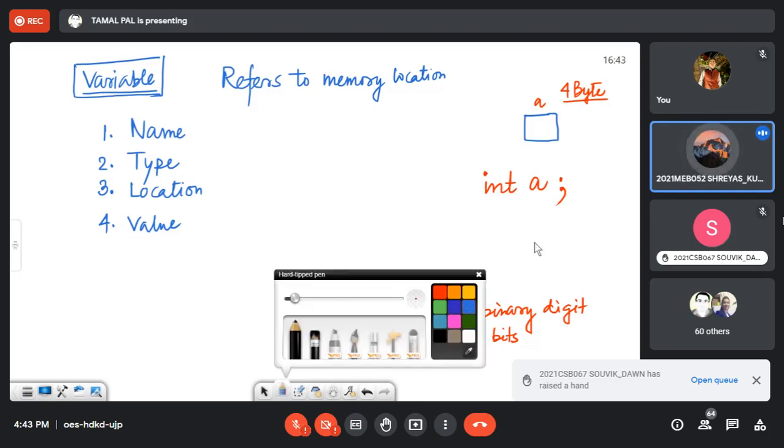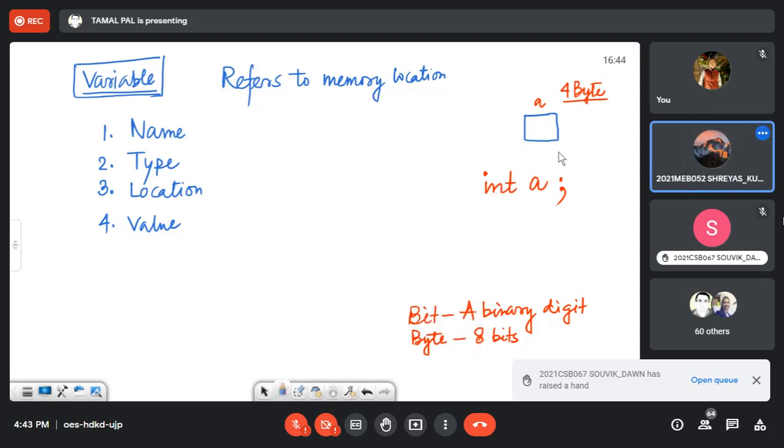Sir, size is 2 byte or 4 byte? Size is 2 byte for a Windows-based compiler. If you are using any Windows-based compiler like DevC, Visual C++, Turbo C, there you will find the size of integer is 2 byte. But if you use a Linux compiler, then it is 4 byte.